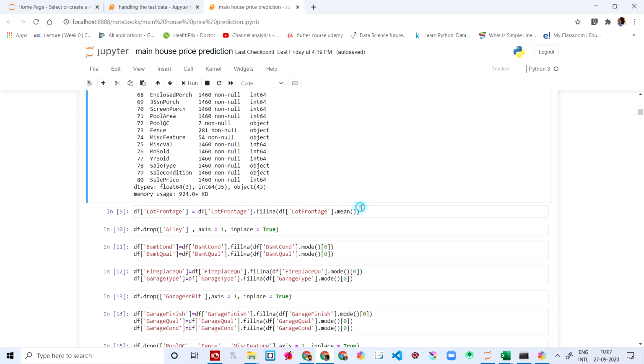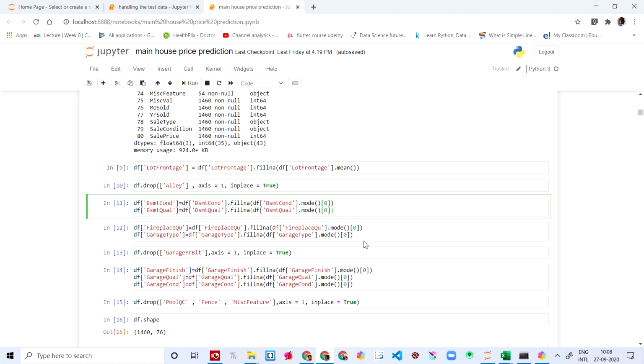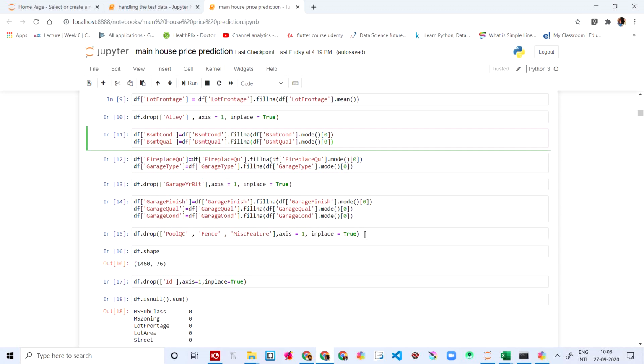And then we're going to fill the null values. The LotFrontage is a feature with null values. So we're going to say fillna on df, where we got it, the feature name dot mean. We're going to fill it with the mean. And we are completely dropping Alley because it has null values, and we have converted into mode, and we have dropped GarageYrBlt also because that's also a null value as I showed you there.